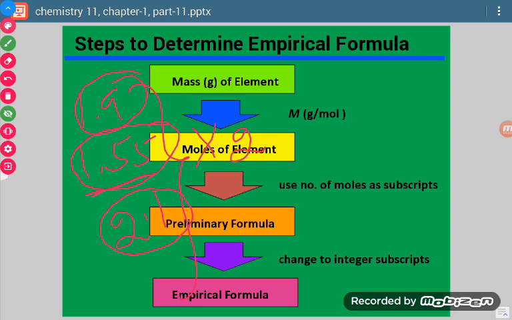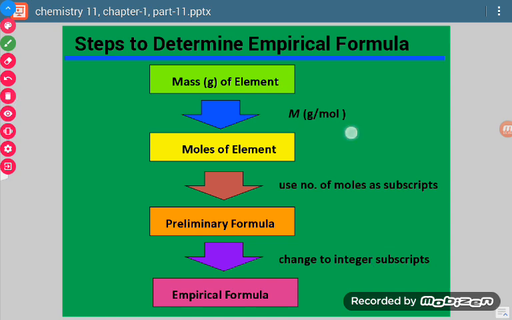Now if we multiply with 2, what will happen? On the top we have to write like this, here we have to write 3.1, okay, here we have to write 4.2. So now they are nearer to which number? That integer we have to write. Here we can write 4, here we can write 3, here we can write 4. So this way we change our numbers into integers. Now once we got the integers, those integers will be written as subscripts, near the foot of the symbol.